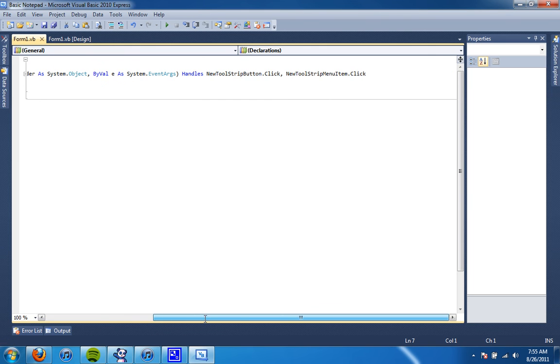So that means that it's going to do this on the tool strip, new button on the tool strip when it's clicked, and it also does it on the new tool strip menu item when it's clicked. So yeah. Then we go back to the design,